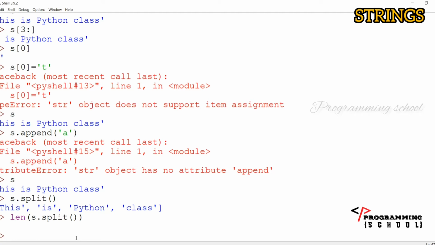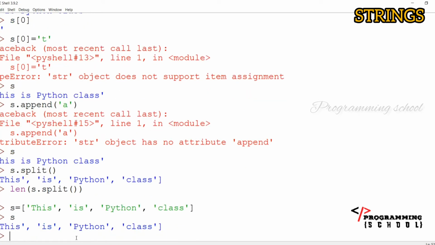For example, I am going to convert the string into a list of strings. Every word is going to be an element in the list. Now I am going to join it. I am going to make a string again from the list. Simply I am going to write single quote dot join of yes.